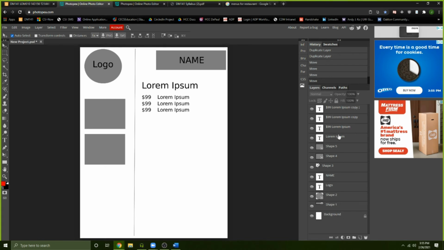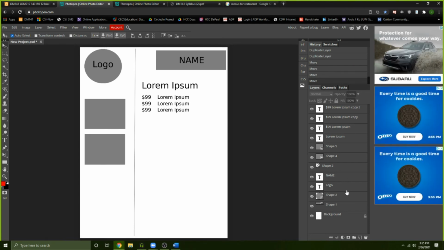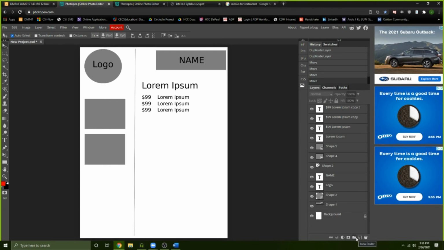So as you can see here, if I keep creating and adding more shapes to this, I will have like 50 items in my layer pane. So how do I go about organizing my layer pane so it doesn't get too overwhelming and that I'm not too confused by where my layers are? We covered this a little bit in DM140, but if you go down to the bottom here, you'll see something